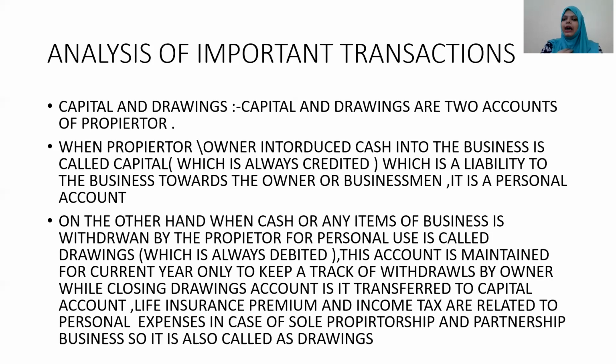I told you, I am the only owner of the business, and partnership business means I have multiple partners, like 1, 2, 3, XYZ or ABCD. There are 4 partners, ABCD. So in the case of life insurance premium and income tax, if any of the partners pays them, it is taken as joint. Also in the case of sole proprietorship, it belongs to the subcategory of joint. Now let us go into the journal entry part.